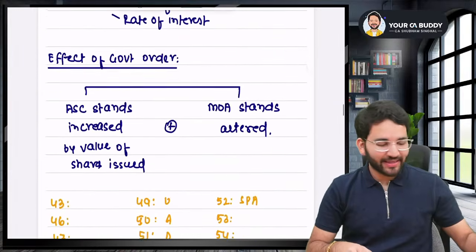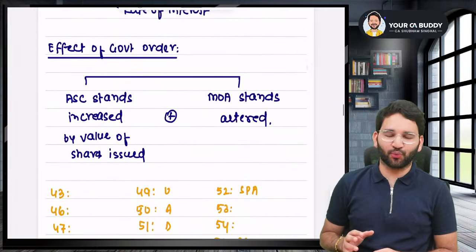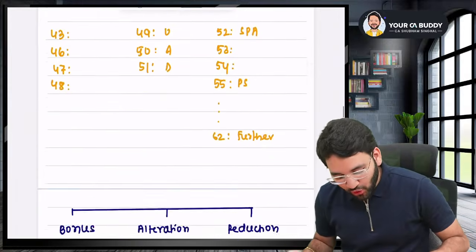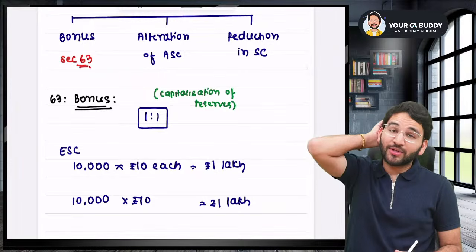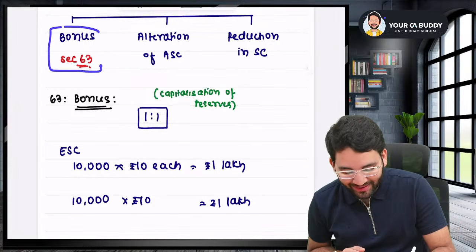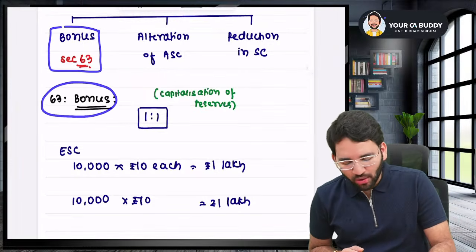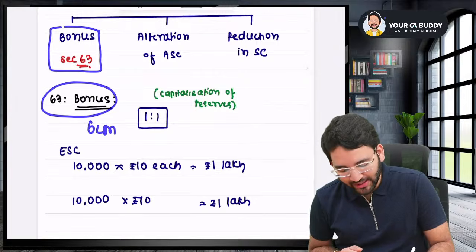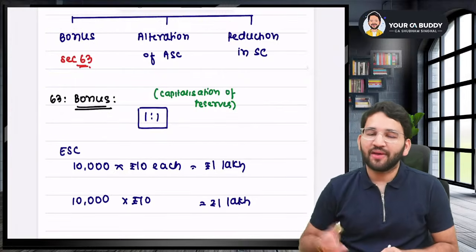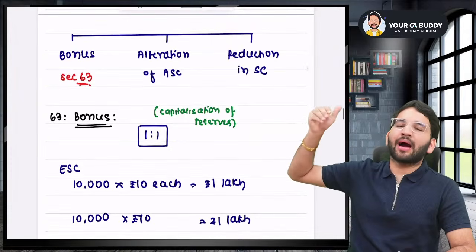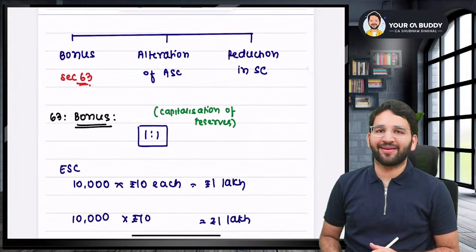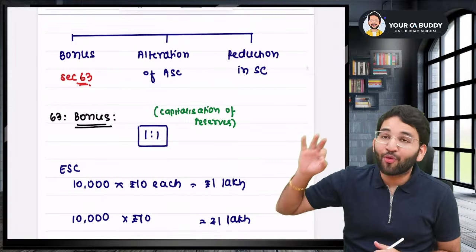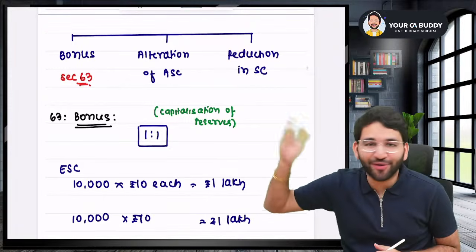Okay. So I said that this was your section number 62. Now we will move on to the next section, which is your section number 63, which talks about bonus shares. Very simple, sir. Whenever you talk about bonus shares, there are six conditions that you have to take care of. If you're issuing bonus shares, sir, in accounts, what do we call it? Bonus is nothing but capitalization of reserves.